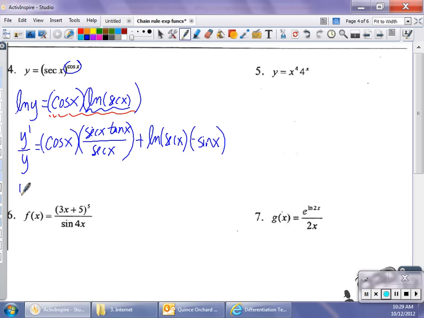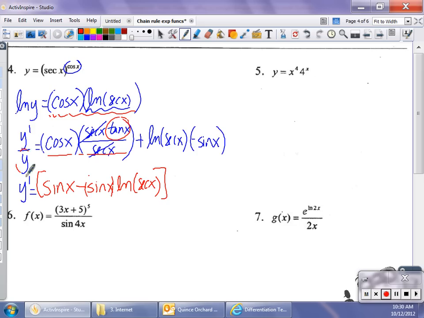So cleaning that up, I have y prime is equal to secant divides out with secant. Remember that tangent is sine over cosine, so if I multiply cosine times sine over cosine, I'm going to get sine x plus, actually I'm going to go ahead and move the sine x in front, doesn't really matter. So I'll have sine x, so that's left over from the first term, minus sine x multiplied by ln of secant x, put that in parentheses, and then I'm going to multiply this y to the other side,